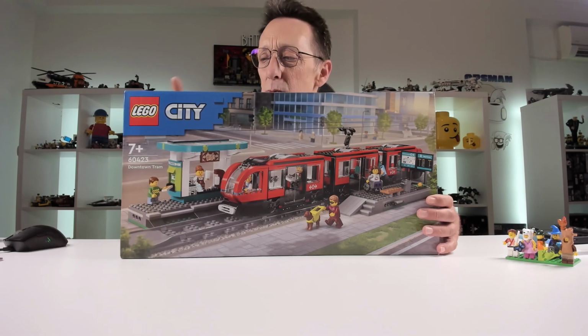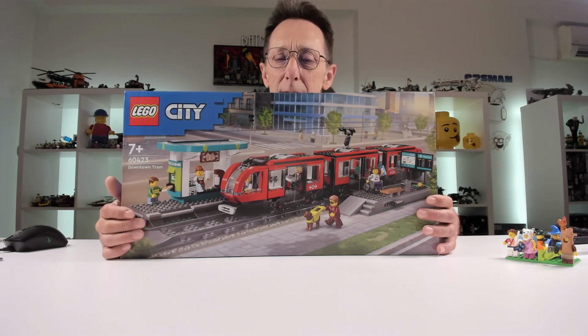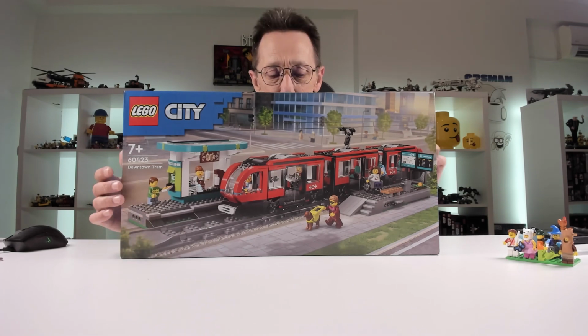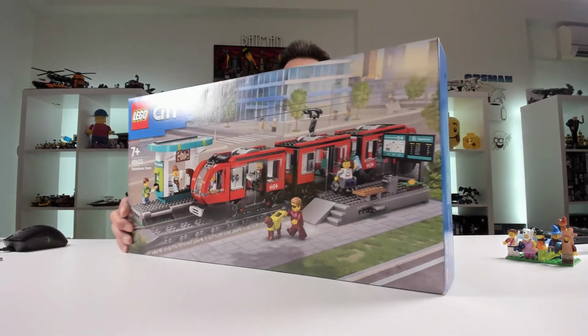And minifigs. There's 1, 2, 3, 4, 5, 6 minifigs. A dog. You got the blind guy with the blind dog, which is really cool, and you got the girl in the wheelchair, which is nice. Nice touch. I do like that sort of stuff, because not everybody's the same. You got a little ATM there, and the station, train times and things on the wall. And then here's the back,